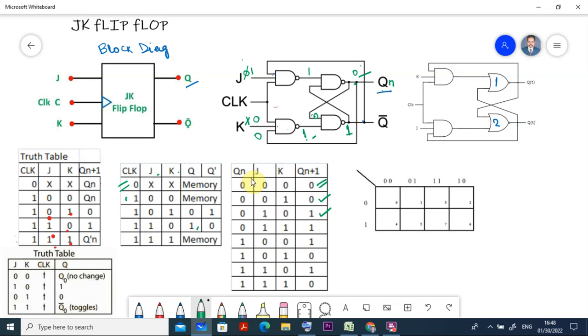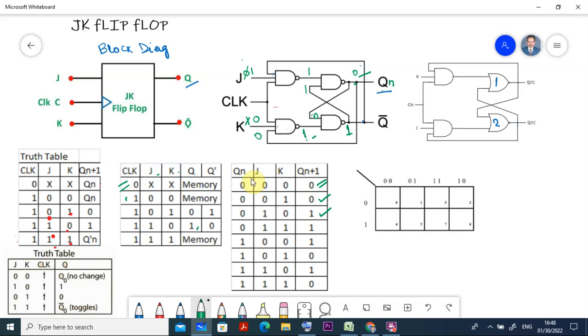When it is 1 and this is 1, and the previous memory q was 0, so 0 into 1 is 0, and its inverse becomes 1, as it is. That means here also it is 1, here also it is 1.